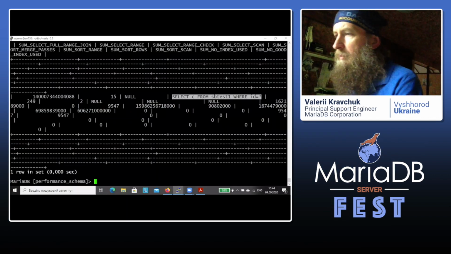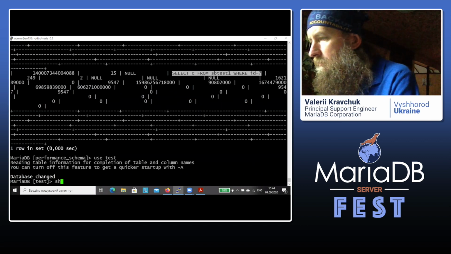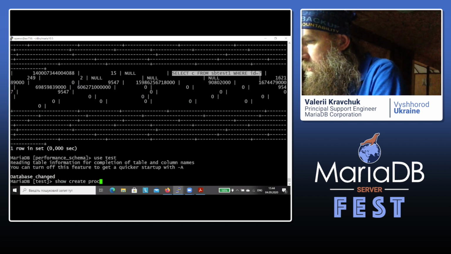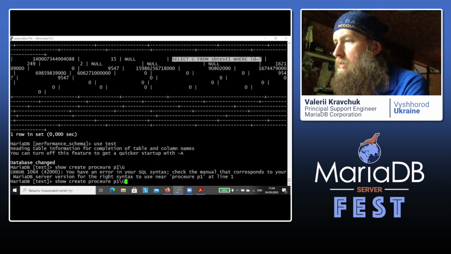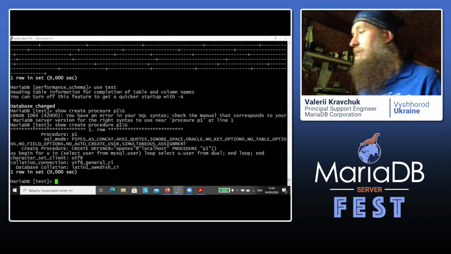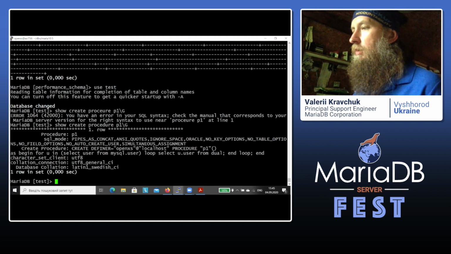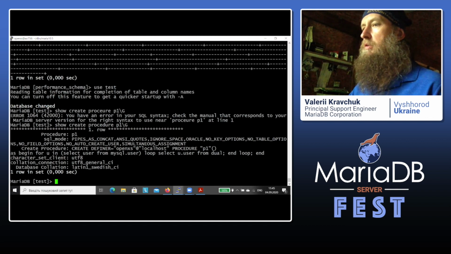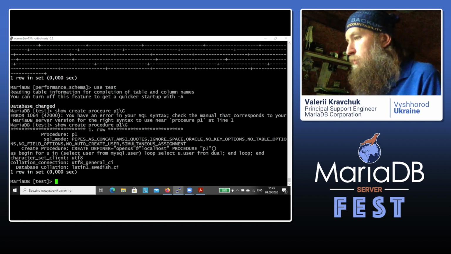As for a quick demo, I have here, that's why I had the test, a small procedure called P1, very creative as usual. Sorry, I missed D. So that's it. It's a typical MariaDB stored procedure. It was created in Oracle mode, and you can see that we use, for example, an implicit cursor and cursor for loop. It's cool stuff.